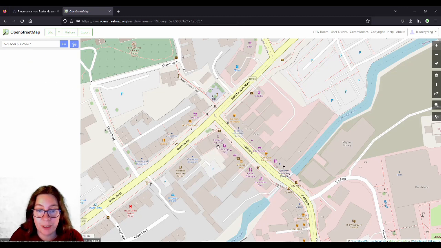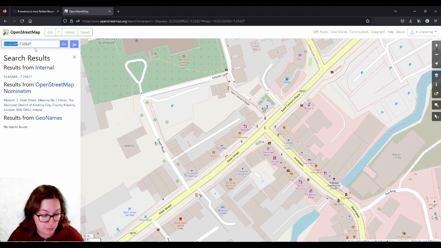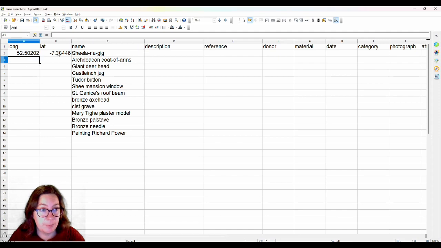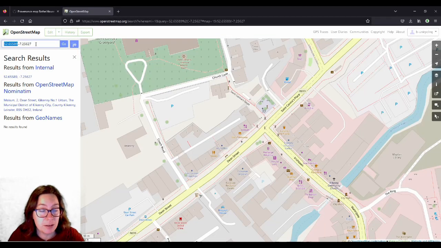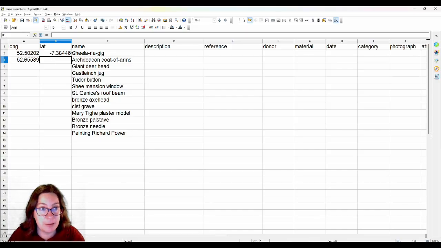And same again, right click, show address, and copy and paste that. And it's very important to not forget the minus. I will forget it now just to show you what happens later on.